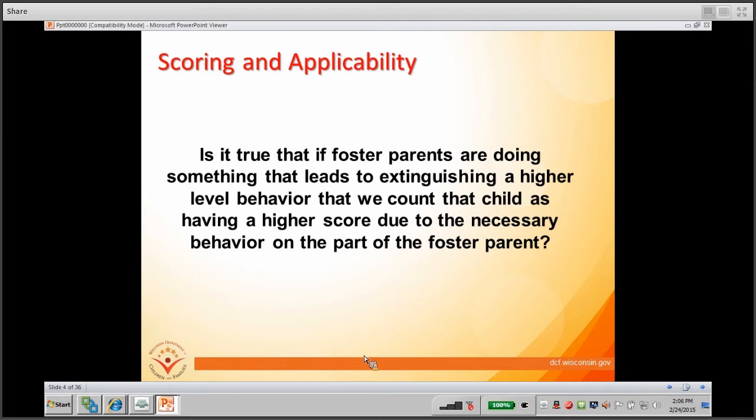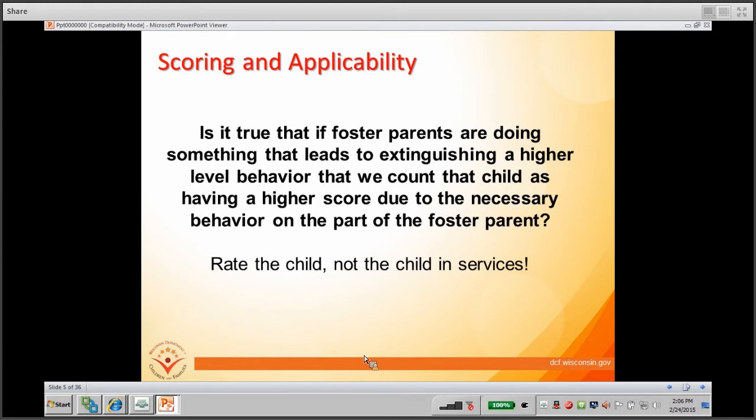So you consider whether or not it is a sustained change on the part of the child, and if it is a sustained change, it would be rated lower for the child. If it is a change only because of the intervention, and if the intervention was removed, the behavior then would return, then the item would be rated higher. And we'll talk about this again a little later with some context and examples as well.